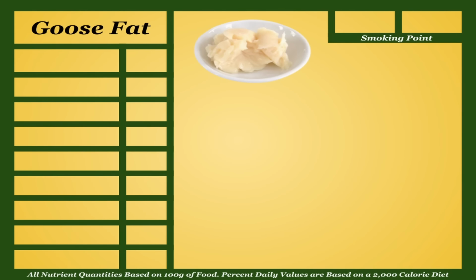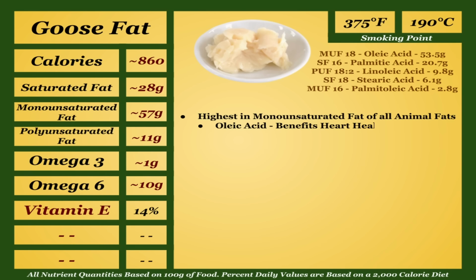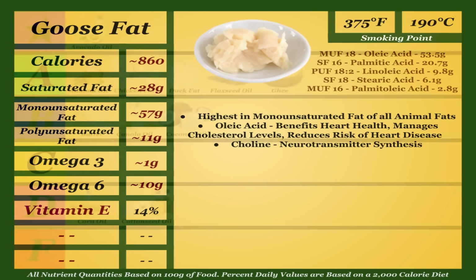Goose fat is mainly made up of monounsaturated fat. In fact, it's the highest in monounsaturated fats of all the animal fats on this list, mainly being oleic acid. That oleic acid is shown to benefit heart health by managing cholesterol levels and reducing the risk of heart disease. Goose fat is a good source of choline and is the lowest in saturated fat of all the animal fats on this list. It still maybe shouldn't be your go-to, but as a whole, I'm going to put goose fat